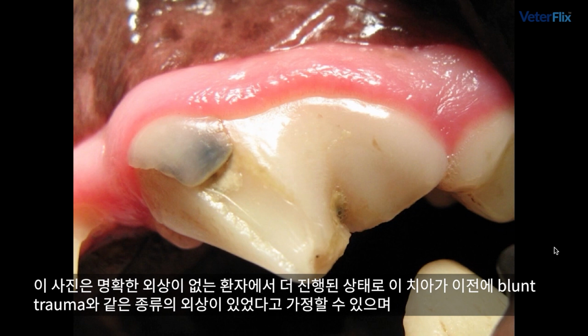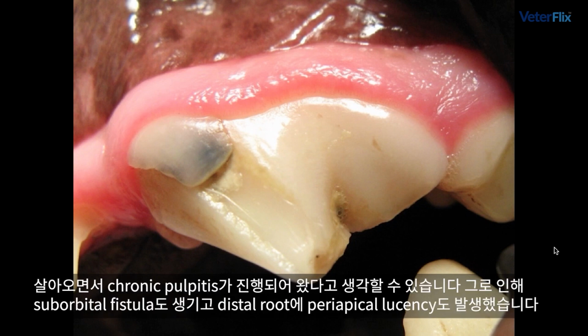And this is the next progression up from no apparent trauma, and we can probably safely assume that that tooth in the previous example had undergone some type of trauma, and likely blunt trauma, or may have been chronic pulpitis secondary to chewing hard objects throughout its life, to result in that suborbital fistula and periapical lucency that you saw